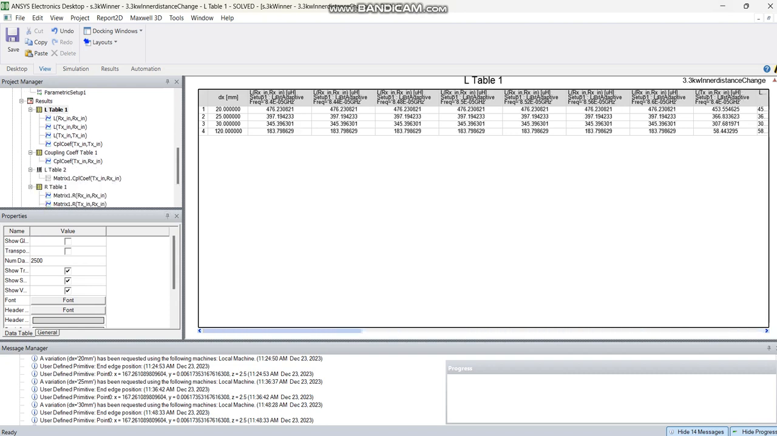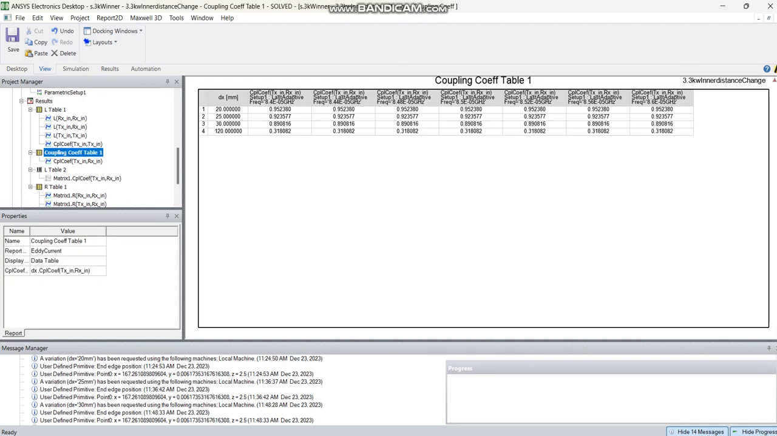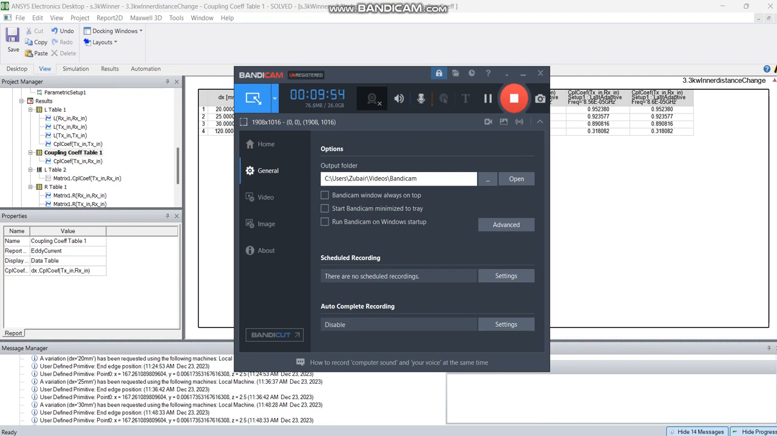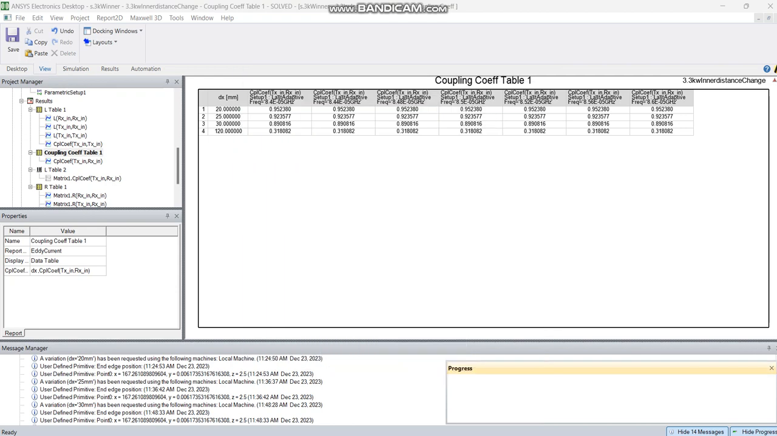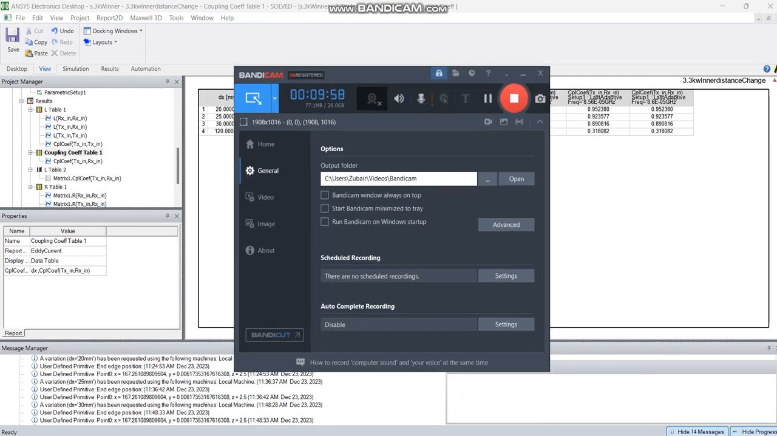And then I took another table here, coupling coefficient. The name is coupling coefficient. If you double click, you will see this is again the sweep in dx, and this one is the result you will get. As I have a time limitation,